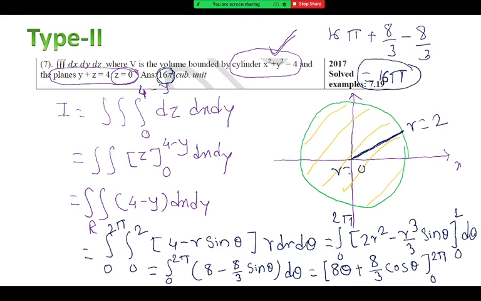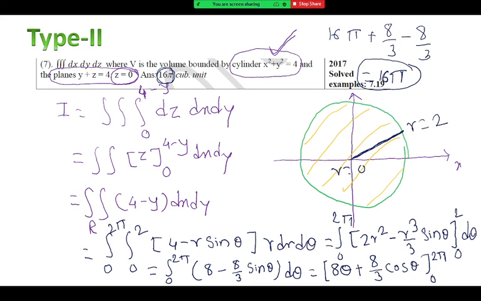Once we get the height of the solid, then the double integral dx dy gives you the area of the base, and indirectly you get the volume of the solid. When you do the triple integral dz dx dy, you get the volume of the solid. So indirectly we obtained the volume of a cylinder which is not in the regular form.